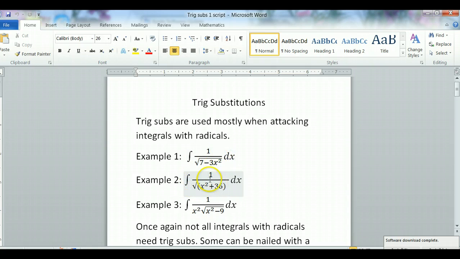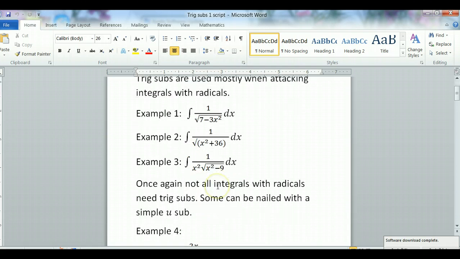Now in the second one also there is a radical, and this one is x squared plus a number. So in the previous one, a number minus x squared, here it is x squared plus a number. And the third radical is x squared minus a number, which is different from a number minus x squared. And why is that? Because